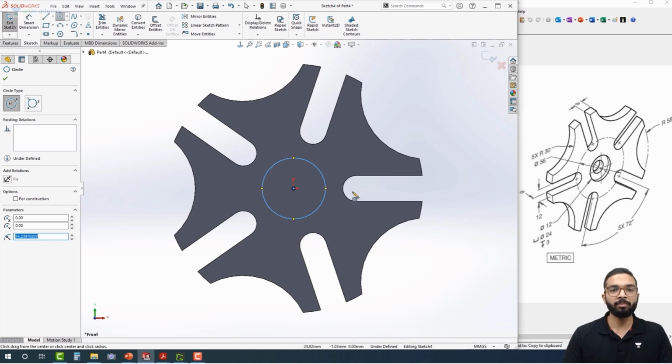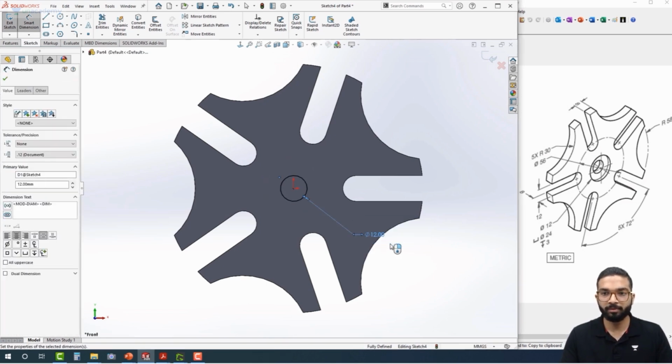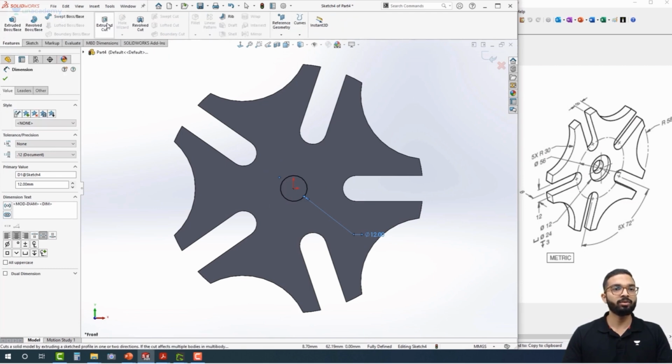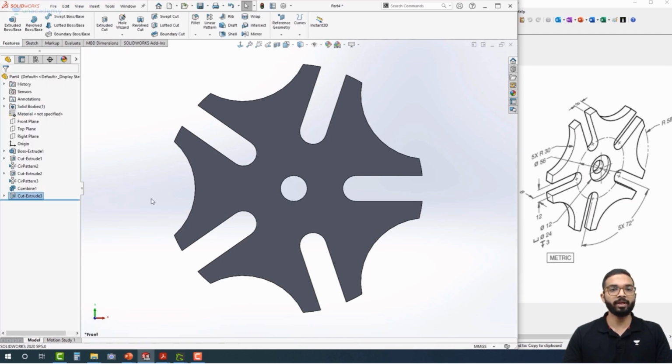This would be of diameter 12 as shown over here. Once we have defined it completely, we'll go to Features and go to Extrude Cut. We will select through all both here and we will press OK. You can see that this cut has been generated, but we have another hole over here that is at a